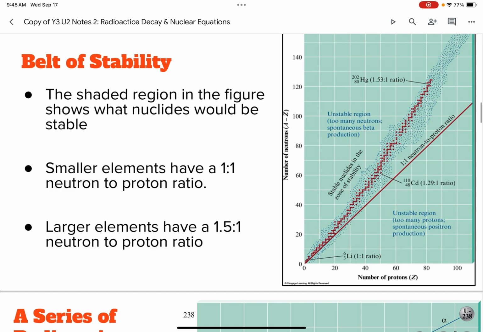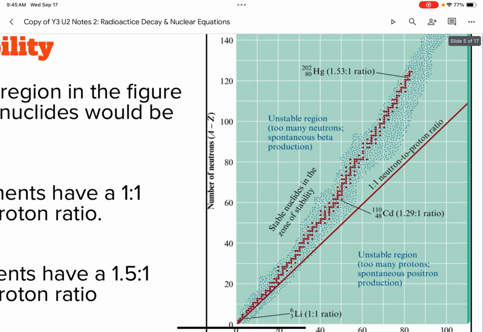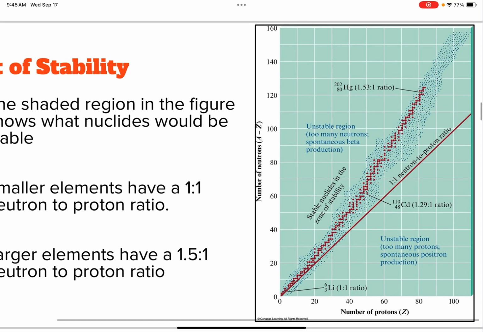All right, let's chat about this graph that you will definitely be seeing on your test. This is our belt of stability. If I zoom in on this, everything that you see that's shaded, all those little dots, is called our belt of stability. These are just showing when atoms are happy versus when they're not. If we look at our 2 different axes, on my x-axis, I have the number of protons, and on my y-axis, I have the number of neutrons. When we are at a 1-to-1 neutron to proton ratio,